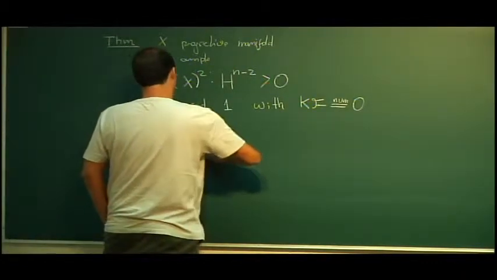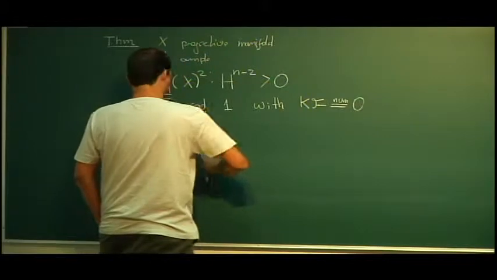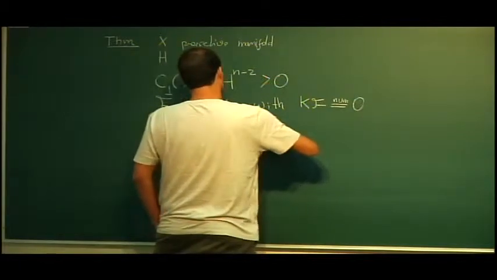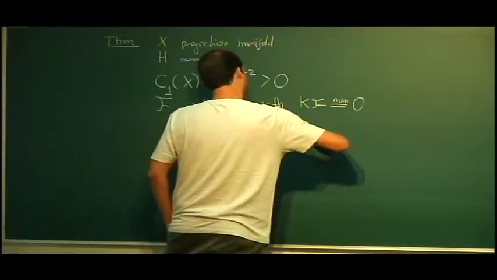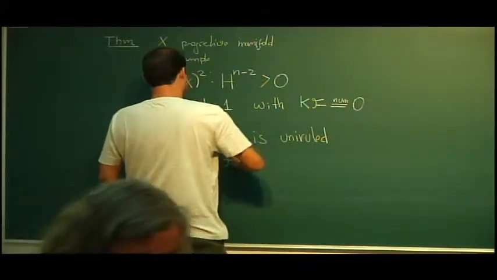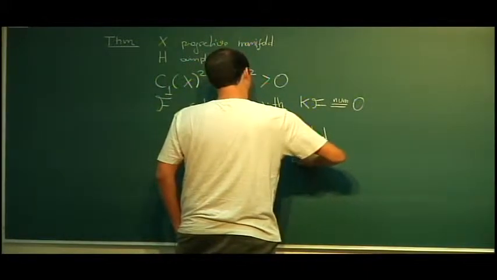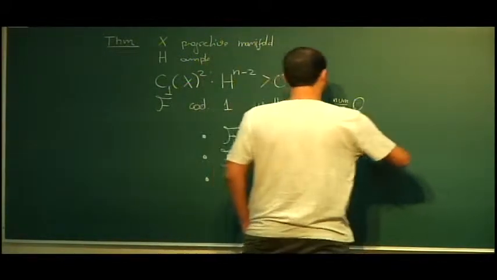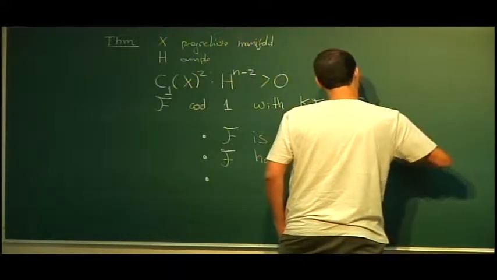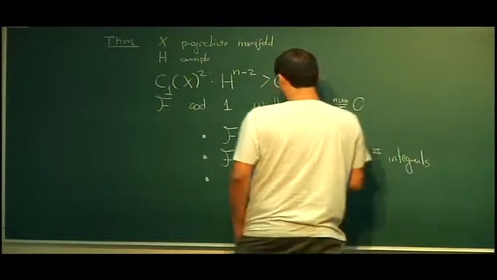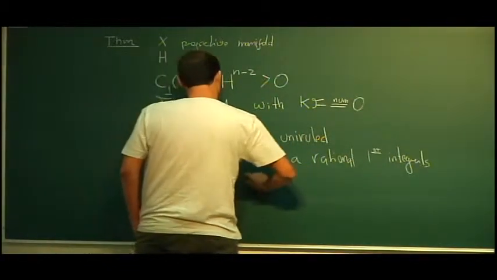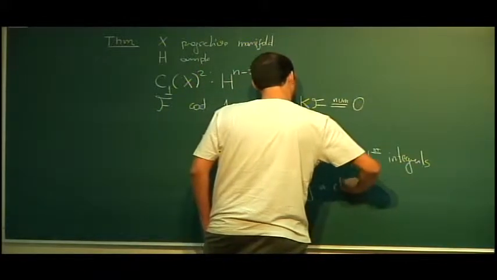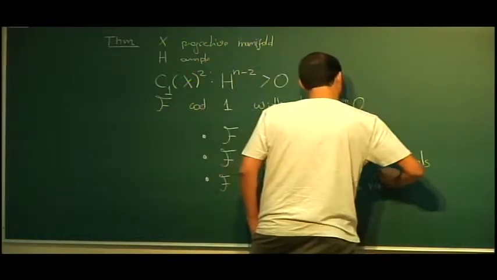Then we have essentially three possibilities, non-disjoint. The first one is that F is uniruled. The second is that F has a first integral, a rational first integral, meaning that its leaves are algebraic hypersurfaces. And the third, that F is defined by a closed rational 1-form